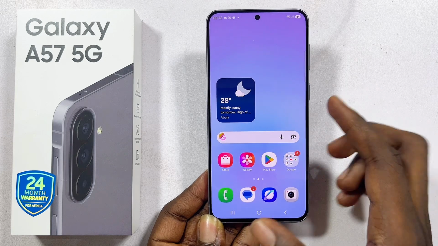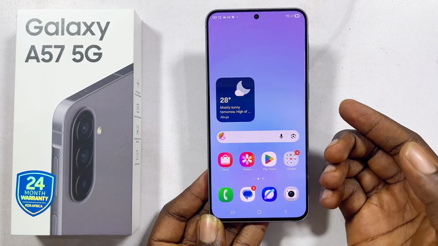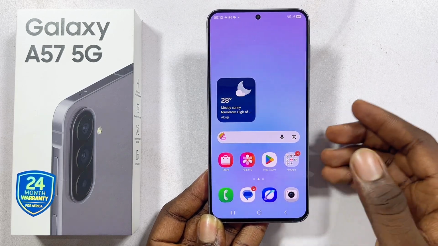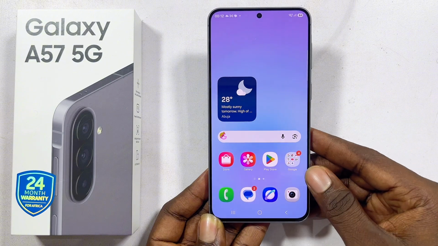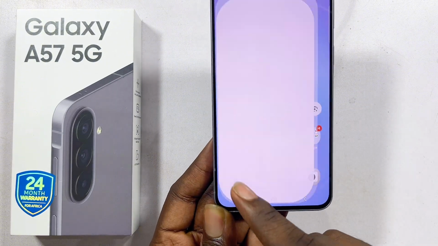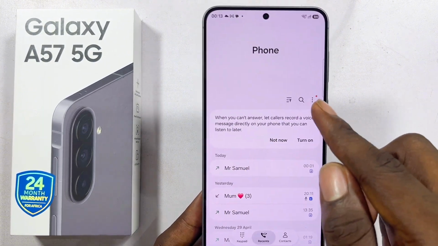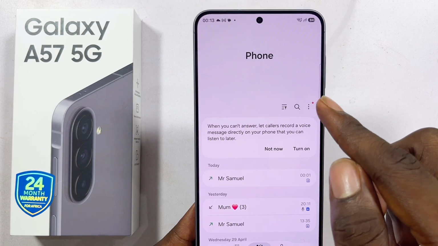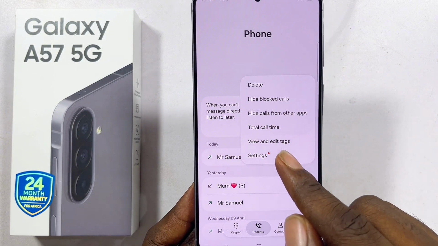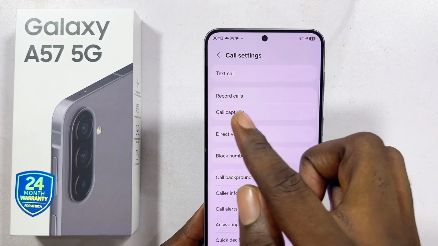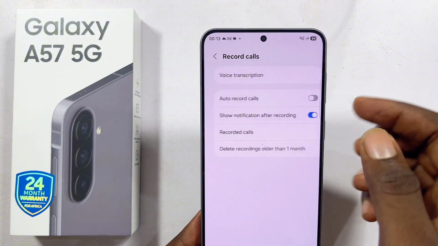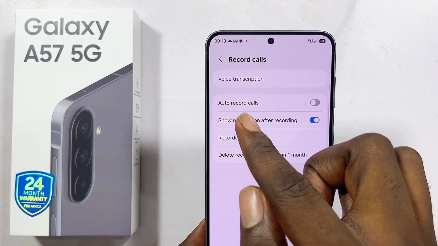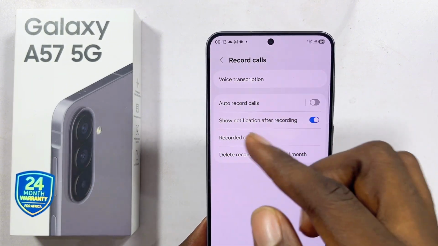For those versions that come with the built-in automatic call recorder, the way you enable it, which is actually the first method in this particular video, is to go over to the calls application. Then on the top right, you're going to see this three dot icon. Go ahead and tap on that, tap on settings from over here, and then you're going to see the record calls option. Select that, and over here you can see the auto record calls, which is actually the automatic call